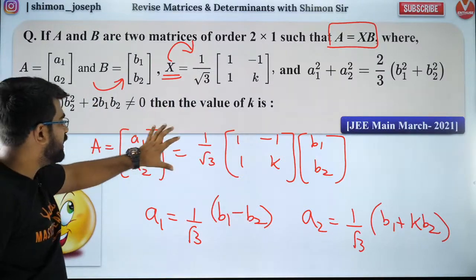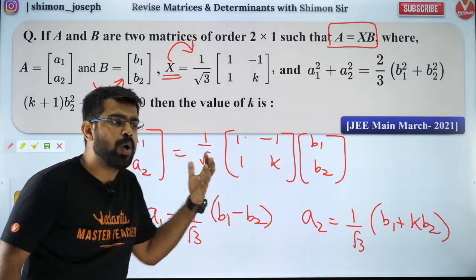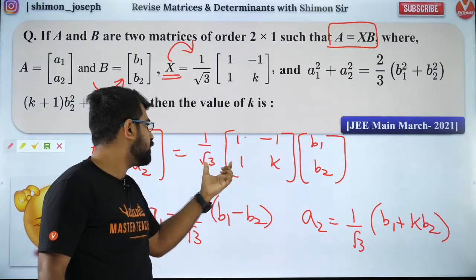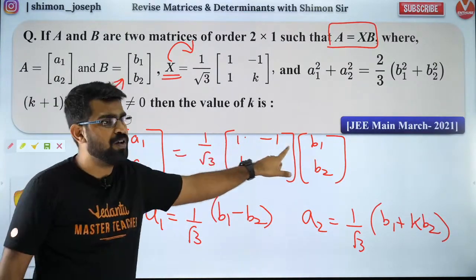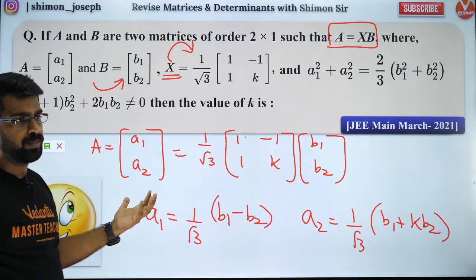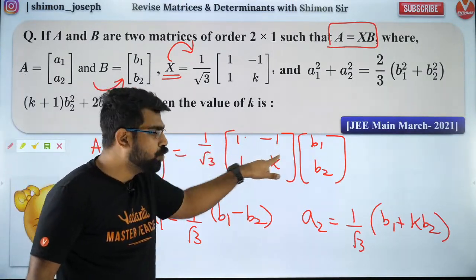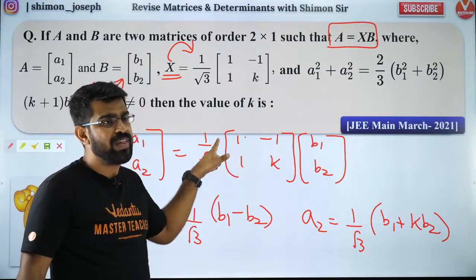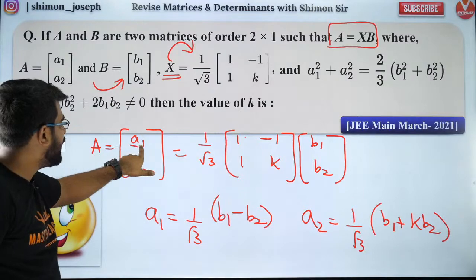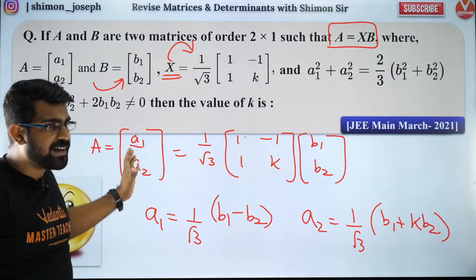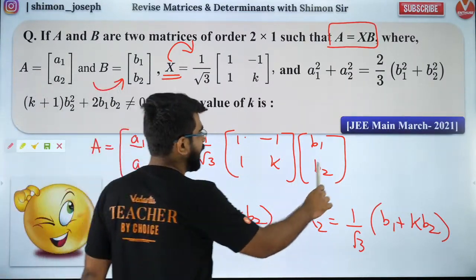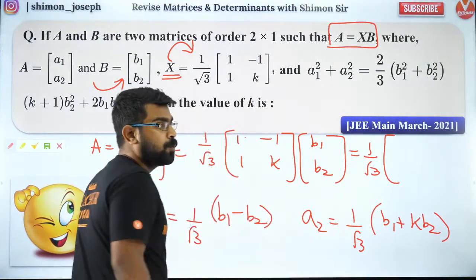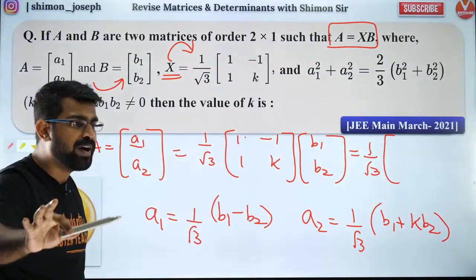So A is equal to X into B. That's what I have done. I multiplied X into B and got A1 equal to the first element. When you multiply these two, Noah, you will get the first row, right? The first element will be equal to A1. That is what I have compared. So let me multiply it, Noah. Maybe that is what I skipped. I thought you guys would be able to follow, but no worries, I will solve it.